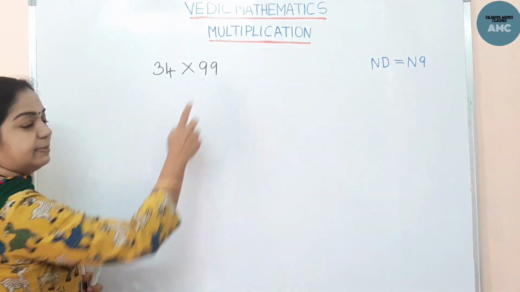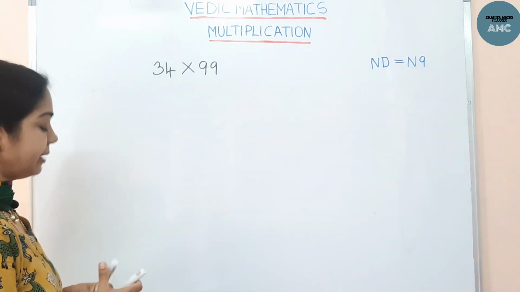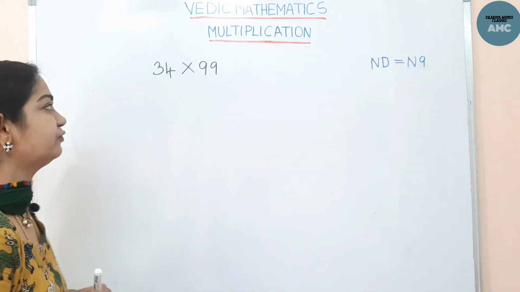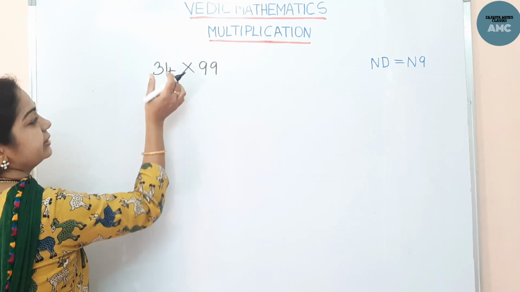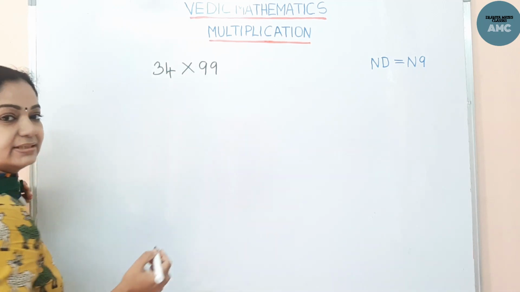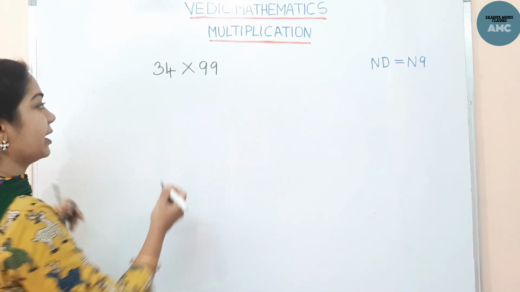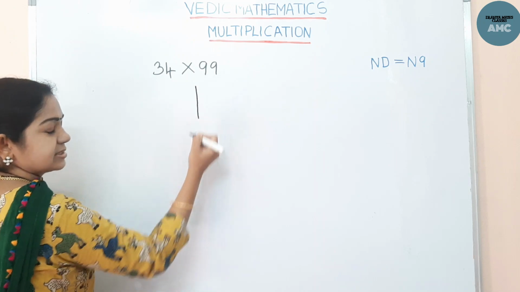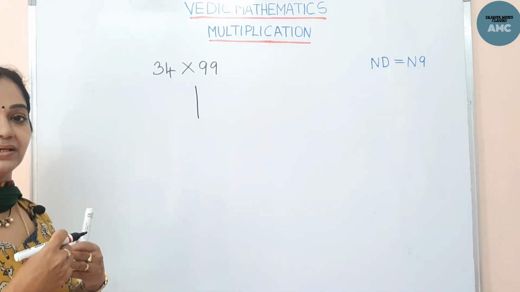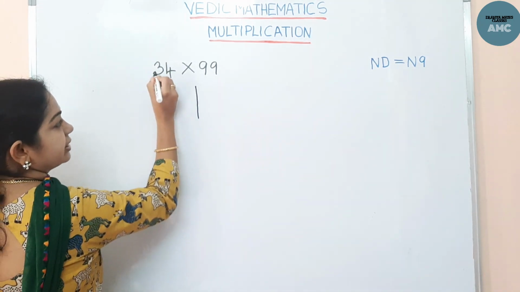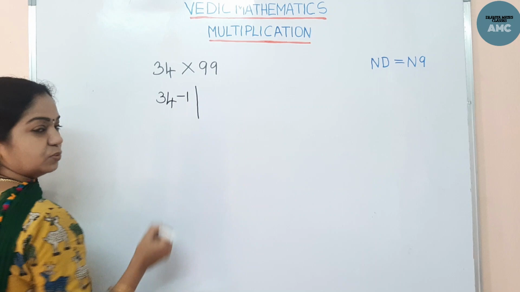Just multiplying in the conventional way, you write one upon the other and multiply directly. But here in Vedic mathematics, we consider these two numbers, and for this number we decrease 1. That means we are doing Ekanyunena Purvena. So the answer here will be in two parts. The first part: I'll be decreasing 1 from the number. So 34 minus 1 is the first part.